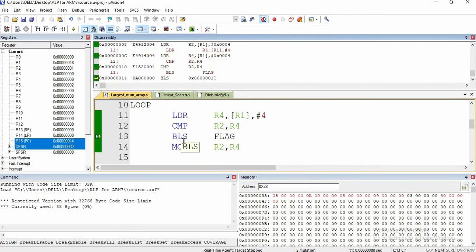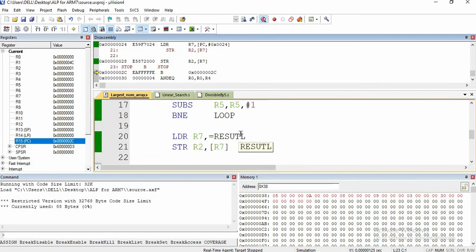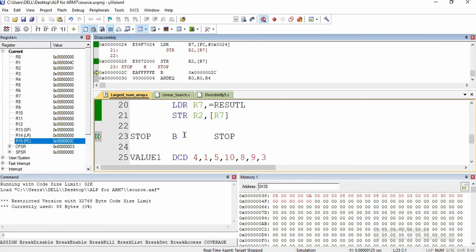It continues till the end of all the array elements, and at the end after comparing all the elements, it comes over here, and here R7 has the address of this result, which is the read write base address. So we will transfer that lowest number in the memory. So we have done that, and we have come to the infinite loop. Here R7 is having the address of result. Let us see what is the result we got.